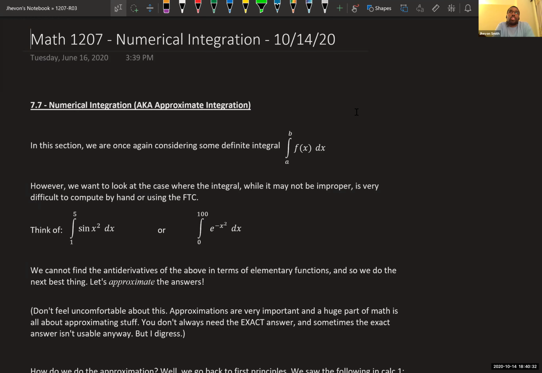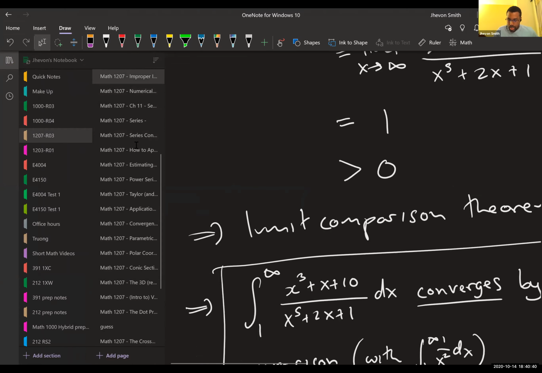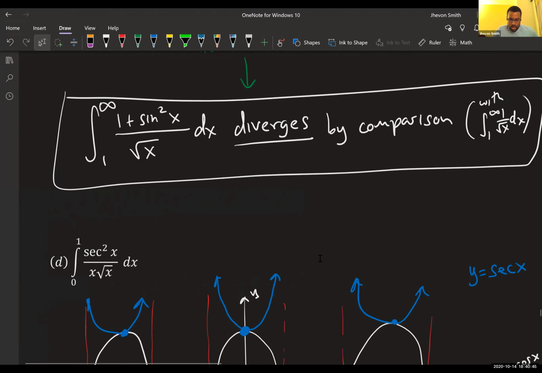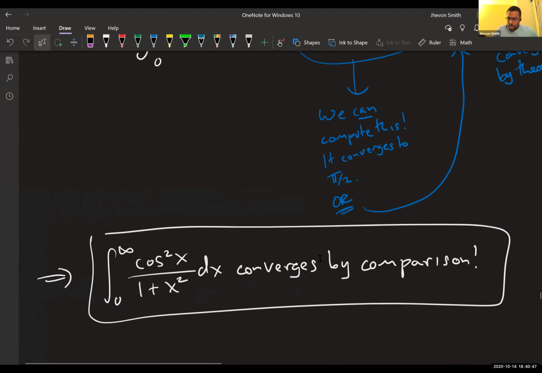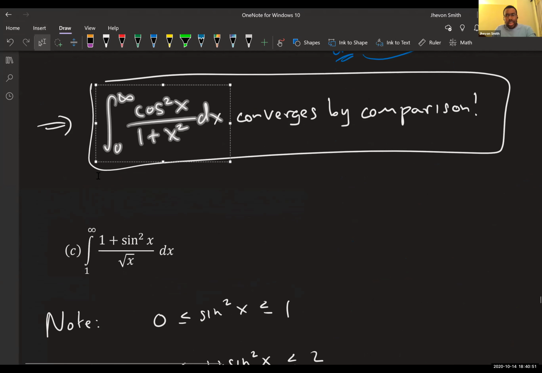However, for a lot of situations, we actually do want an answer. So sometimes, going back to the previous scenario, for example, I know that this guy converges, but what if I wanted to get an answer? Like, what does it converge to? Is it close to 5? Is it close to 17? Is it close to 1,000,000? Like, what would the answer be?